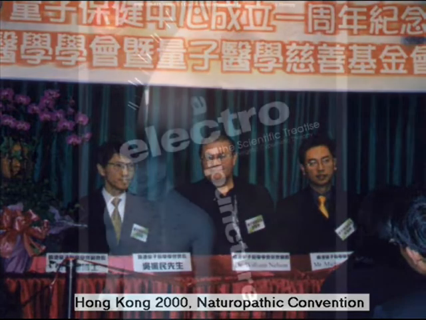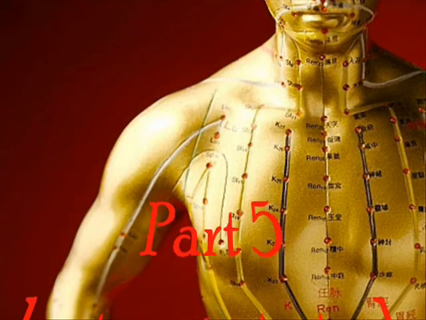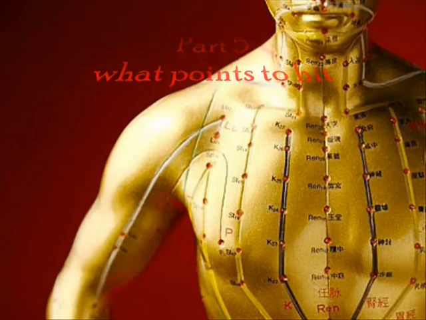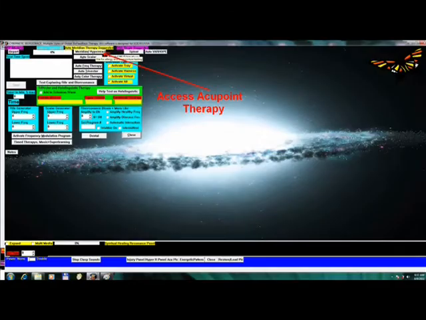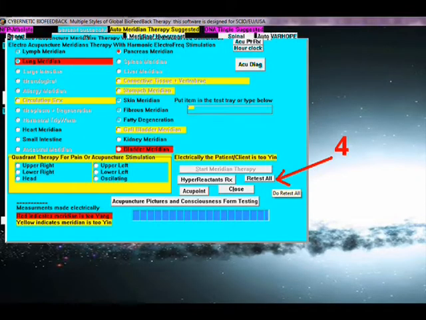And once you've learned how to use the SKIO and you've done the demographics, the SOC, and the test, and the calibration, and all these things, you can now get to part 5, what points you want to work with the SKIO system. After you've done this, you'll be able to go to the pull-down menu and go down here to the number 2 point to take us to the therapy mode where we can go to the acupuncture point therapy called Meridian. We click on point here, label number 3, that starts the test.